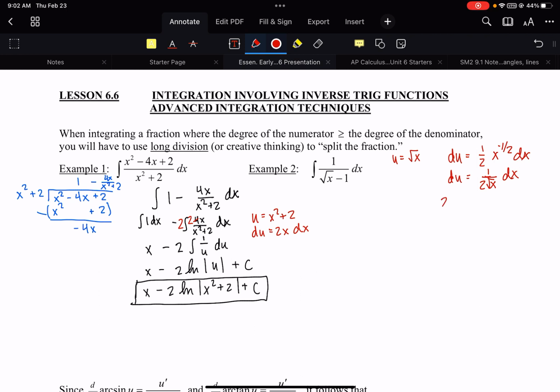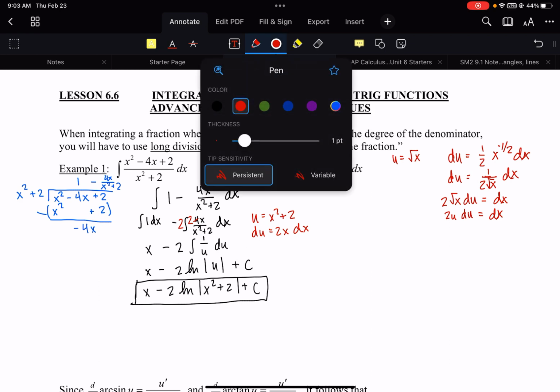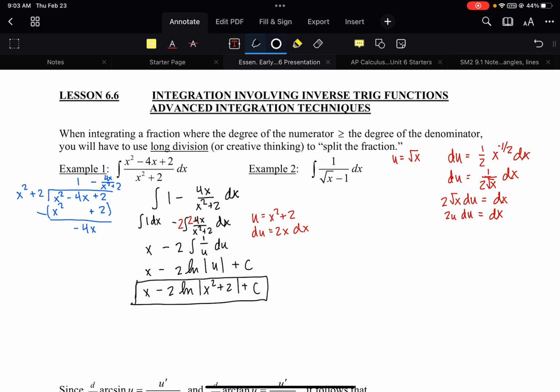We're going to say that 2 square root of x du is equal to dx. Okay, that's just some algebra. And then we're going to convert this side right here into u's. So we know that the square root of x is u. So 2u du is equal to dx. This is a very weird u sub, but let's see what it looks like once we convert our integral